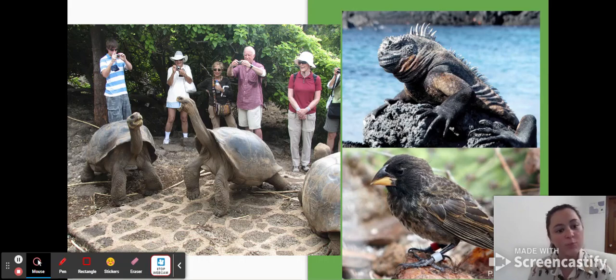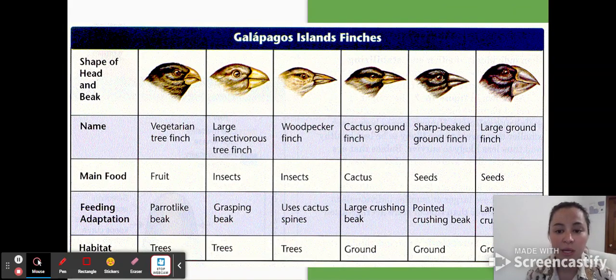And then we can explore, for example, our Galapagos tortoise. How come they have larger necks? What are some inferences that we can make based on the physical appearance that their genes have caused? And finally, we would focus in on the Galapagos finches, since that was the focus that we were going to connect to the objective of connecting relatives together based on